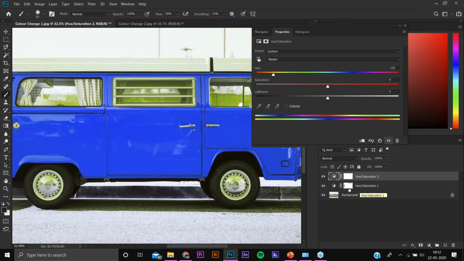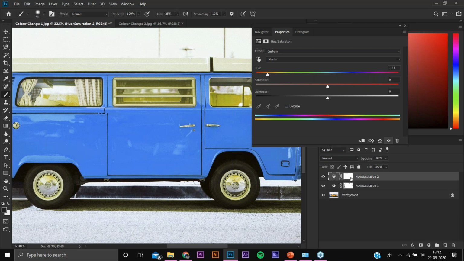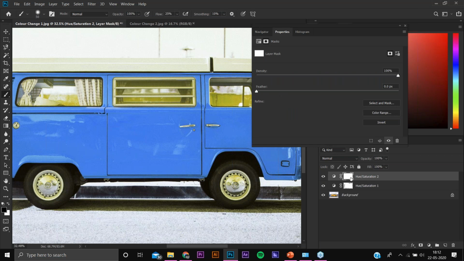So when you want to erase something, first of all there is the layer mask. Select any dark color, which I have selected, a green color. Go and select the layer mask, and use a brush tool. Right now we are facing this issue in the tire rims, so we will be erasing it using a black color. Then the point, like in the shadows, generally it affects the whole background of the image.